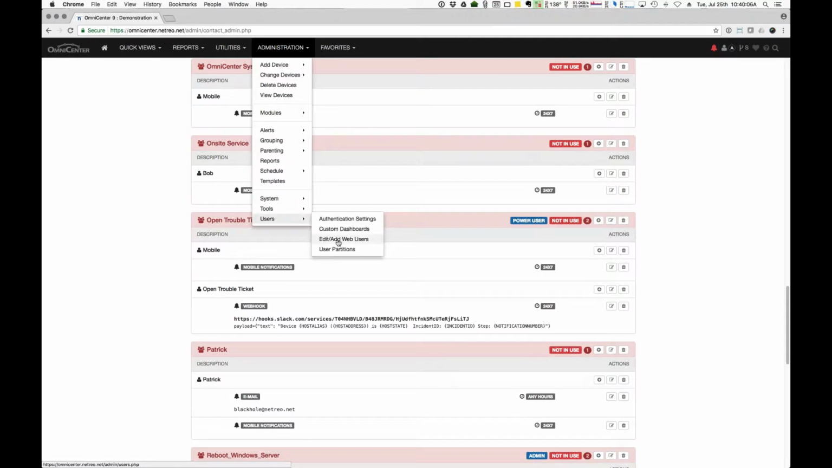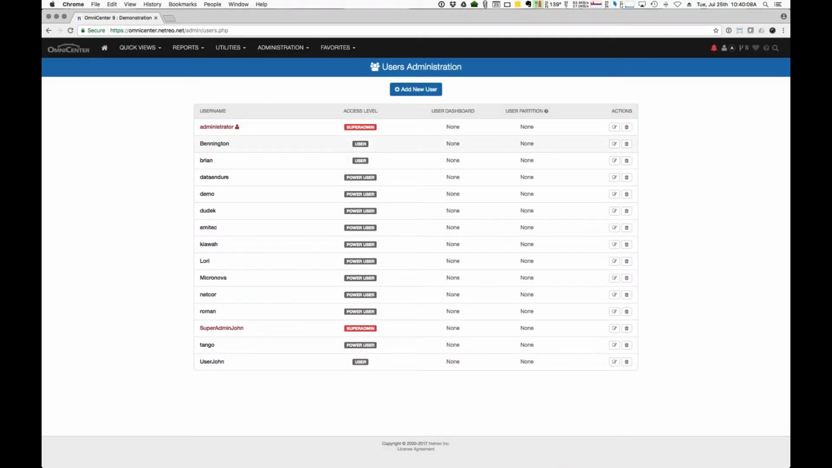So if I go in here to edit add web users, you can actually see the different access levels here. There is a power user, which is read-only plus configuration management tools. They cannot push configs to devices, but they can view configurations. There's user level, which is read-only access and no configuration access. There's an admin level. Admin level users have full administrative privileges, but only to the devices that are part of